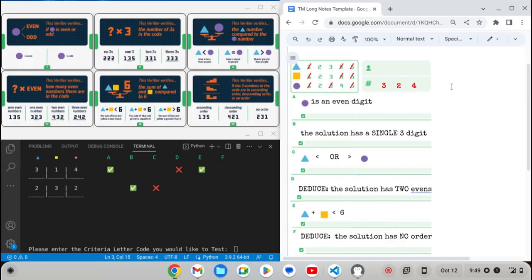Yeah, you do need a 3, so it couldn't be 2, 2, 4. It'd have to be 2, 3, 4, but that is in an ascending order, so that wouldn't work. So the 2 gets eliminated for triangle, so you're left with 3, and you can't have 2 3s, so you have to pick the 2, and then because of,